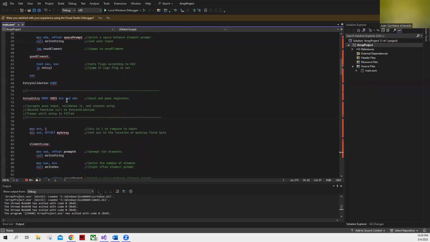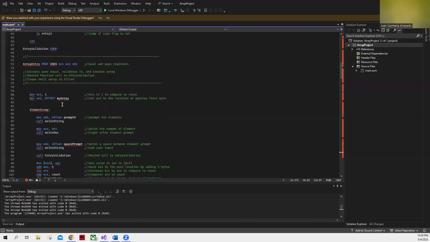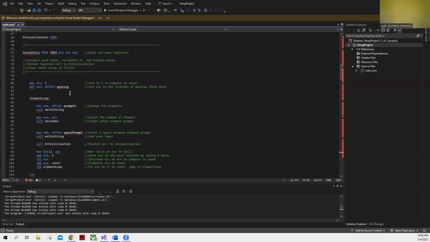Which is here. So for array entry, the procedure uses ECX, ESI, and EDX, and what this uses is going to push and pop these registers. And it's basically the same from the last project. When I did the array project, I fixed it in a modular way so that it was easy for me to translate them into functions, pretty much just put them into blocks and then label them with the procedure. Right here,